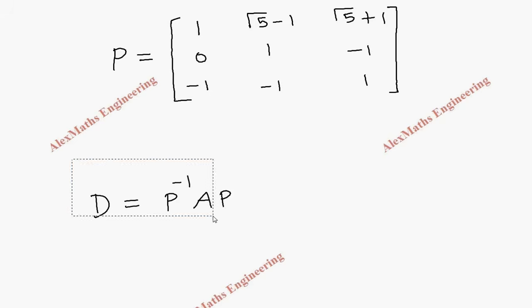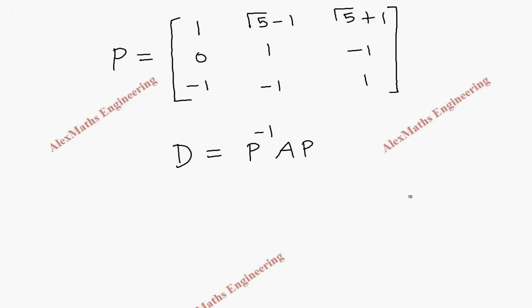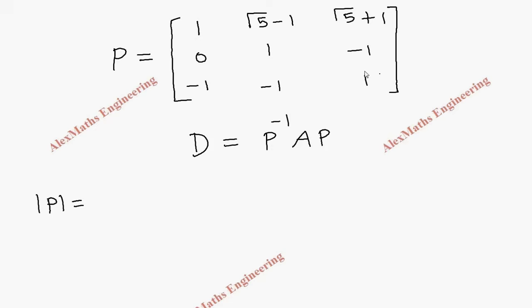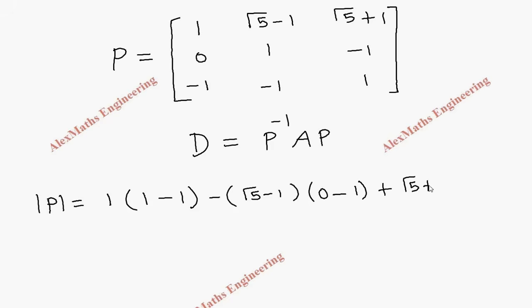For P inverse, as a first part, we have to find the determinant value of P. The determinant value of P is expanding along the row 1. So we take the first element 1, then we have to multiply 1 into 1, which is 1, minus of this product is 1. So first term is 0. In second term, we have to take negative of that element, then this is 0, then minus of product is 1. Then last element is root 5 plus 1